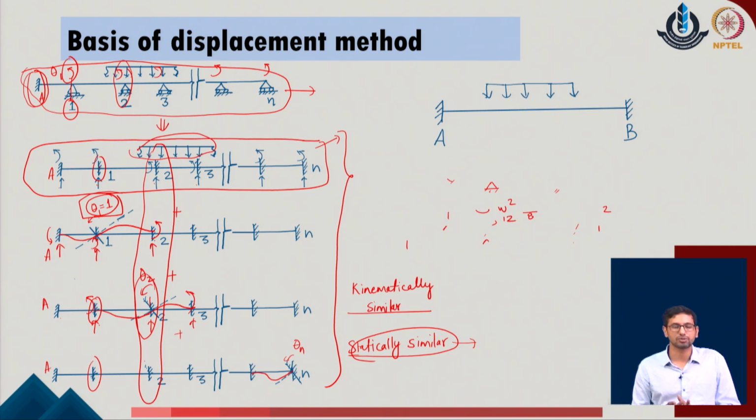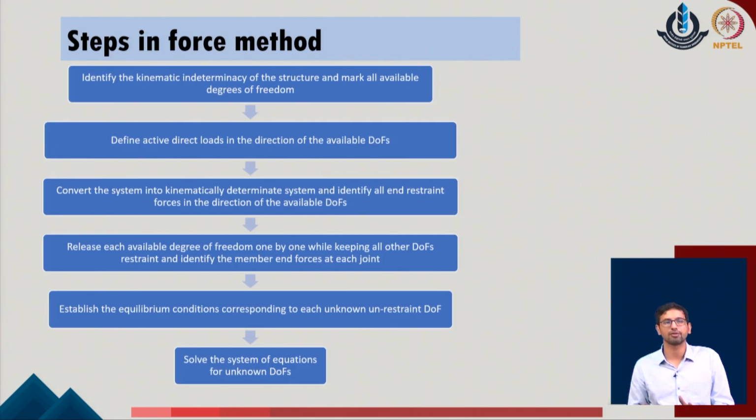In order to make them similar, we satisfy the conditions of equilibrium in the direction of all of the redundants, and that gives us the extra conditions of equilibrium in the given system. So, we write these conditions in a simple manner and then we try to evaluate them further. As simple steps in the given analysis, we will just say that these are the steps in the displacement method.